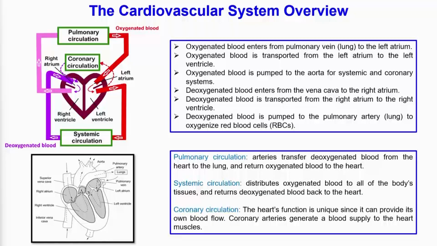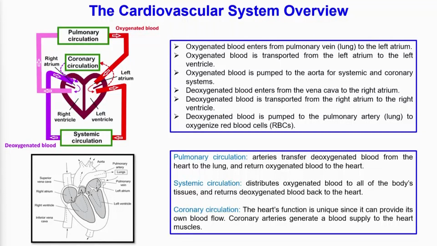and left ventricle. So, in this diagram you have the oxygenated blood that is shown by the red color. So, oxygenated blood will enter from the pulmonary vein to the left atrium, and from the left atrium by the action of the valve it comes to the left ventricle, and then from there it gets circulated by the systemic